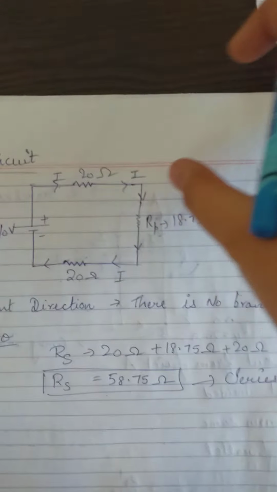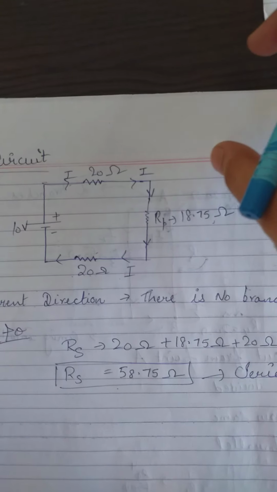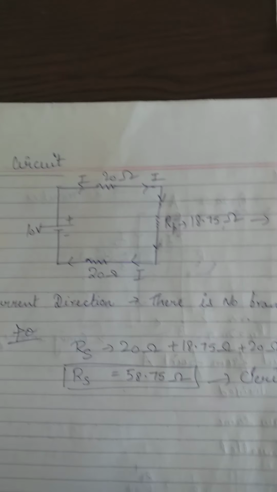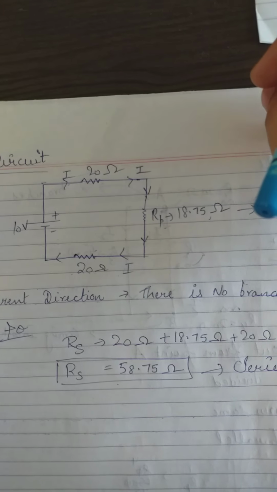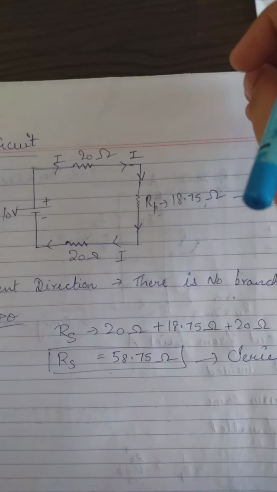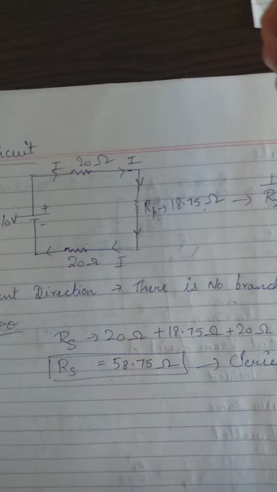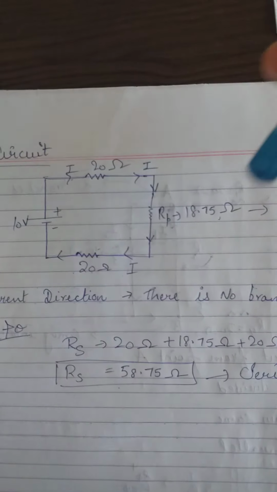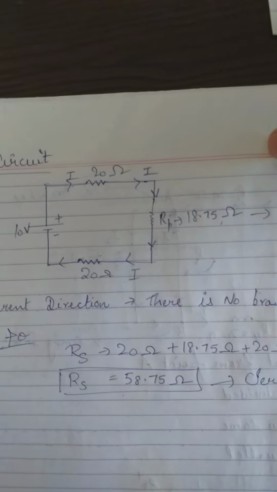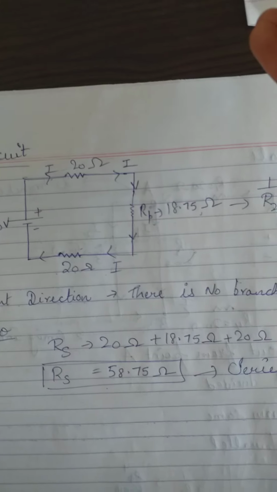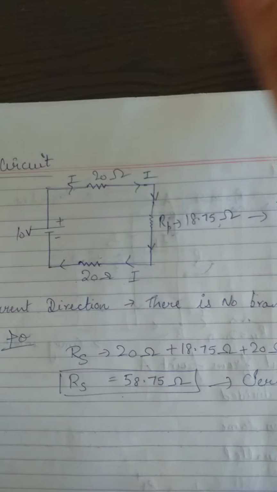You generally have to find out: if the current will remain same, then the circuit is in series, or if current divides, then the circuit is parallel. At any junction, if there are two wires coming out from there, then it is a parallel circuit. But if there is no branching, then it is a series circuit.